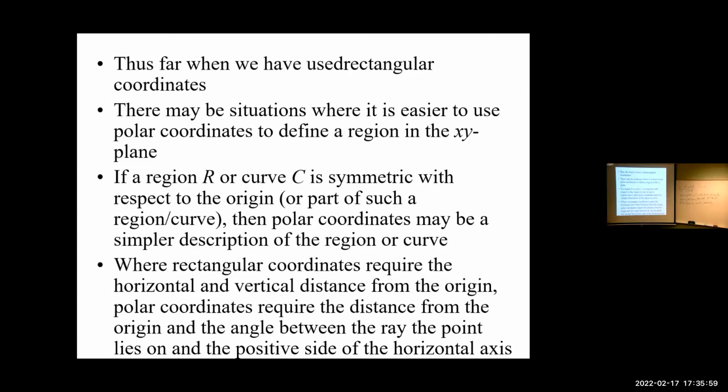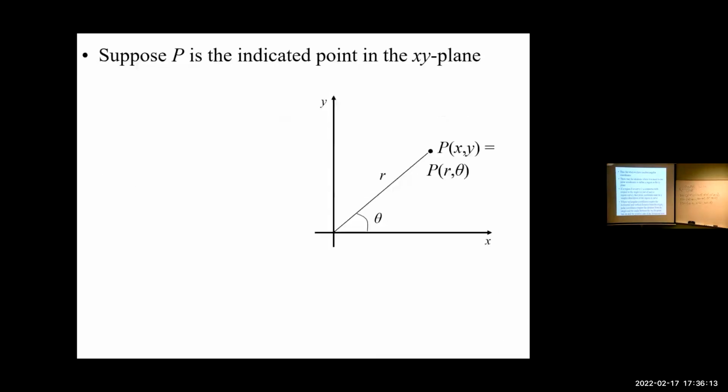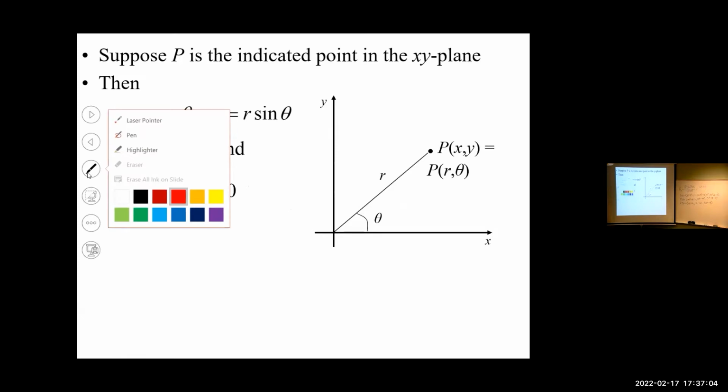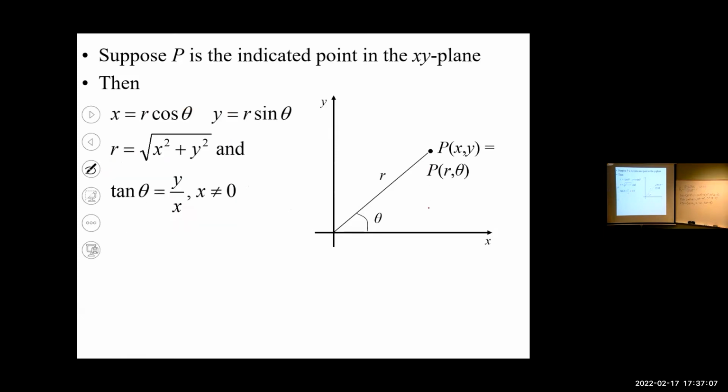So rectangular coordinates require the horizontal and vertical distance from the origin. Polar requires the direct distance from the origin and the angle between that distance and the positive x-axis. So just a reminder of what polar looks like. This would be a point in x, y, but it's also a point in r comma theta. And all that's really going on here is basically